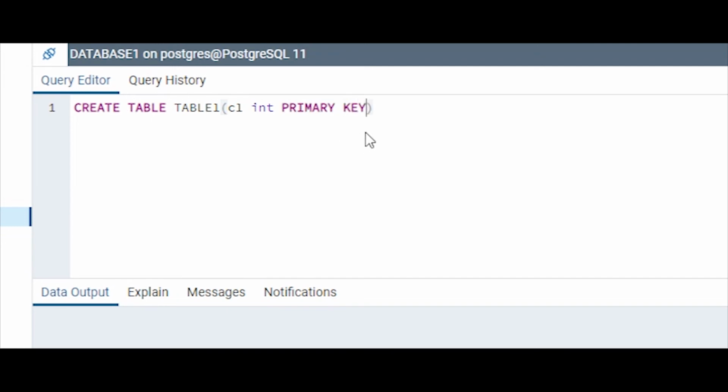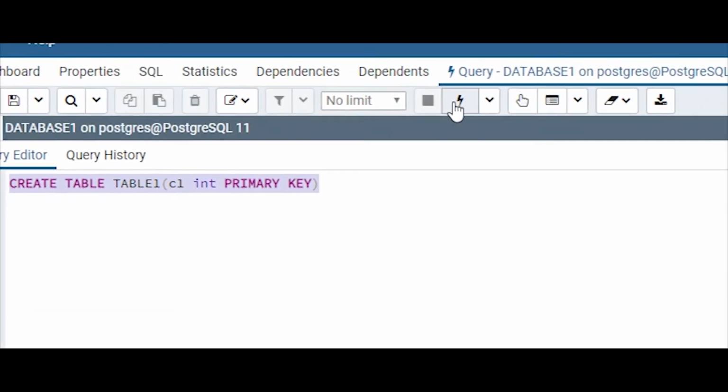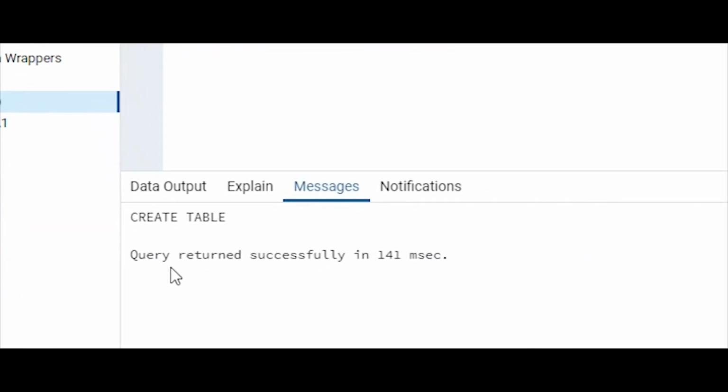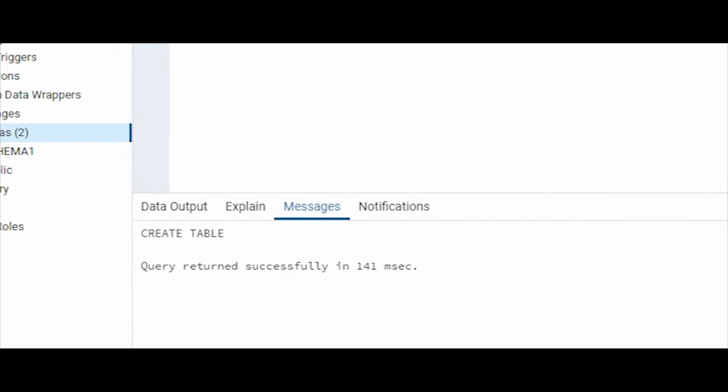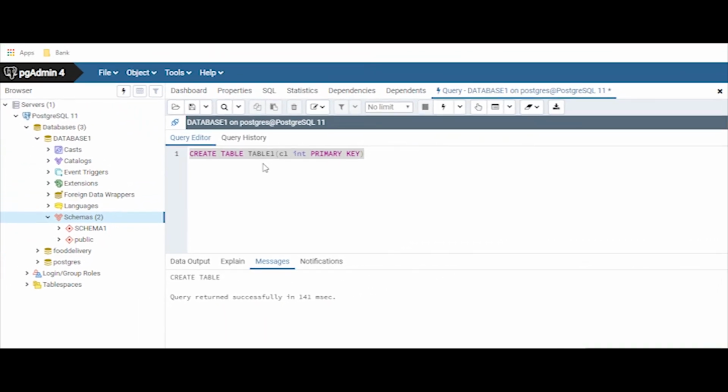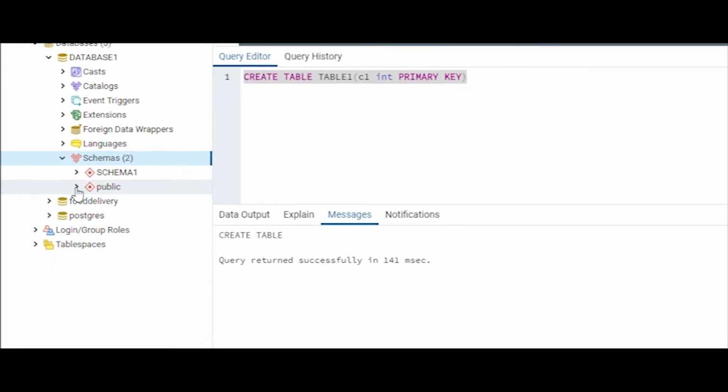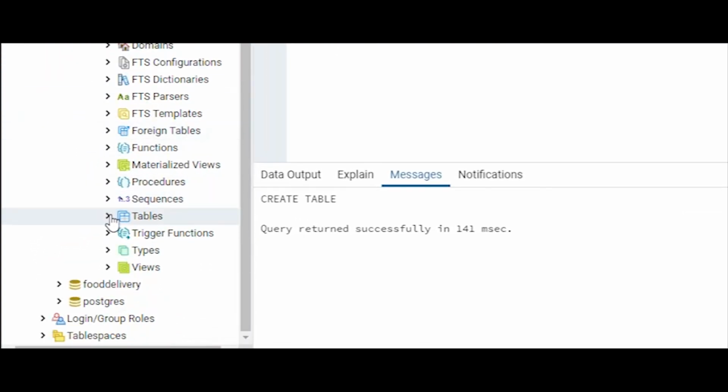Now to execute it, we will just simply select it and run the query. It has returned successfully. Now since we have not specified under which schema it is, it goes automatically to the public schema. So under public schema there is table, and over there it's table 1.